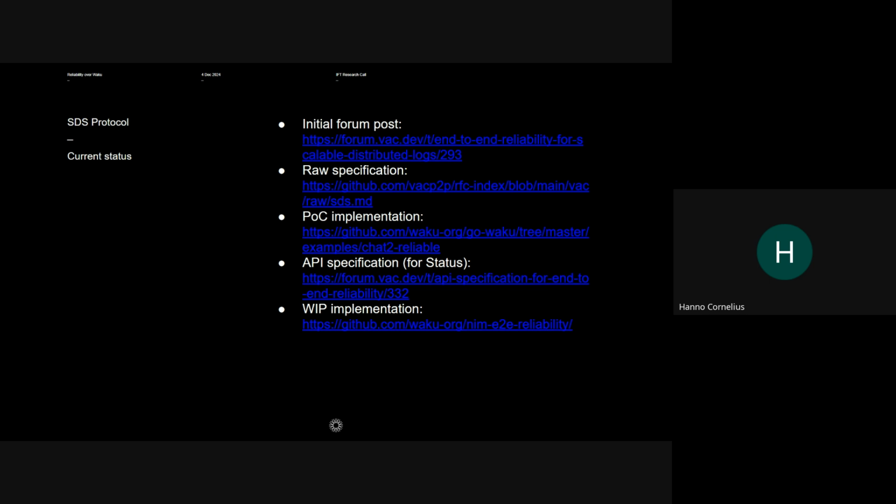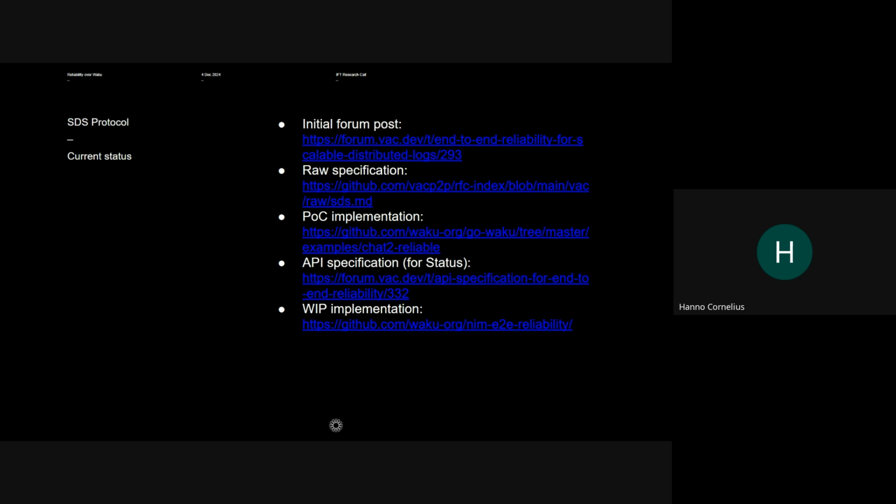As I mentioned, this was mainly designed to introduce end-to-end reliability within Status, specifically for Status group chats and communities. For that, we want to not just add things to the current Status stack, but neatly provide an API that can be called from within status-go to handle all of the reliability logic.